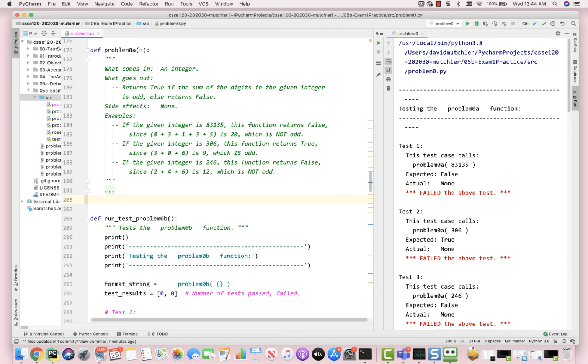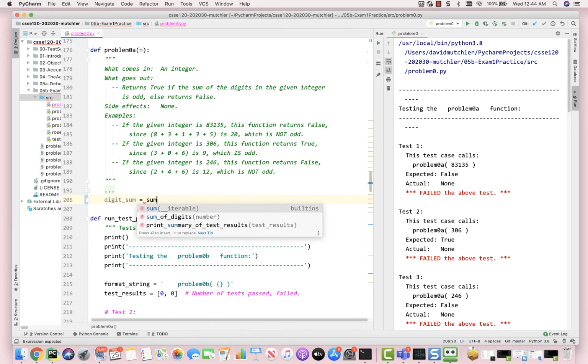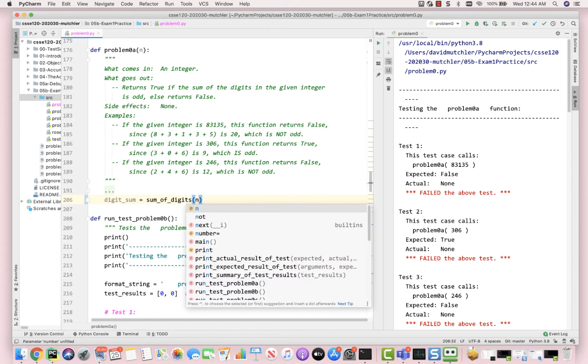Okay, now I'm going to work through the solution. I'm going to do it several ways, so do not type with me. Do not type with me. Wait until I finish showing you all this, and then I'll give you a chance to type your solution. I'm just sort of working through the example. The example says that if the integer is